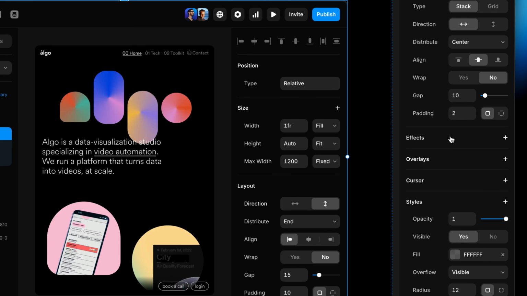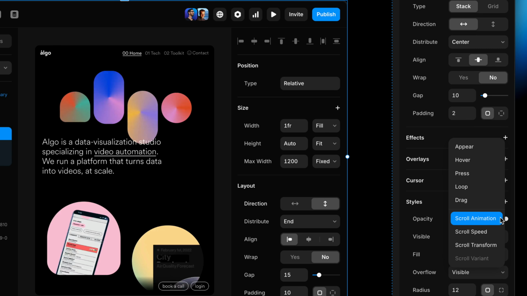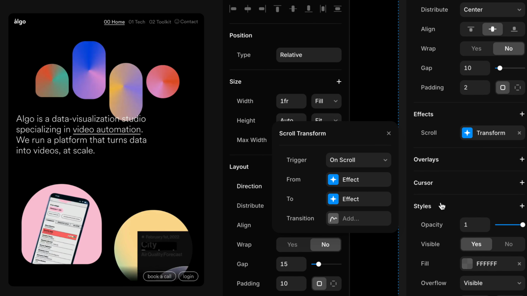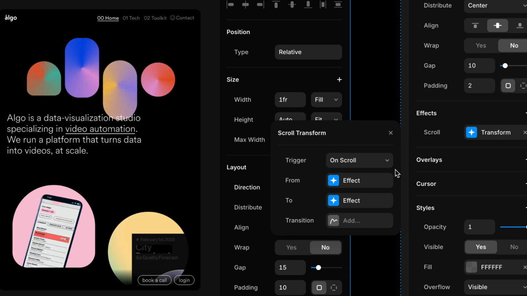and I'll scroll down on the properties panel and click to add an effect. And then this time, instead of adding the scroll animation effect, we're going to add the scroll transform effect. In this popover, we get some familiar controls. We get a trigger, and then we get to set a from effect, and we get to set a to effect. And the to effect is really something new because previously with the appear effect and with scroll animations,